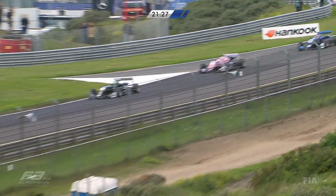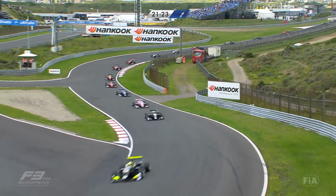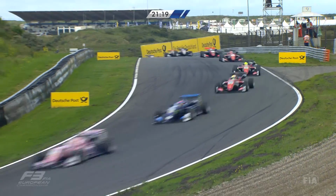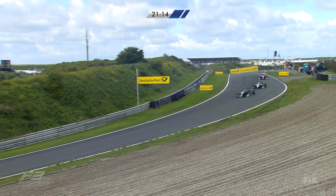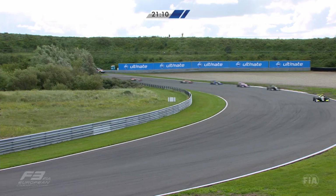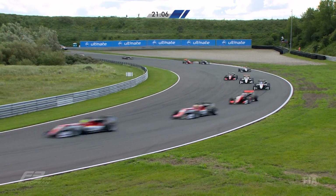Then the turn 3 sequence, climbing uphill towards turn number 4, and then dropping down as they go in amongst the dunes. You can see how downhill this section is, and it's a fantastic place to watch these Formula 3 cars around the back of the circuit side by side. But Lando Norris already having